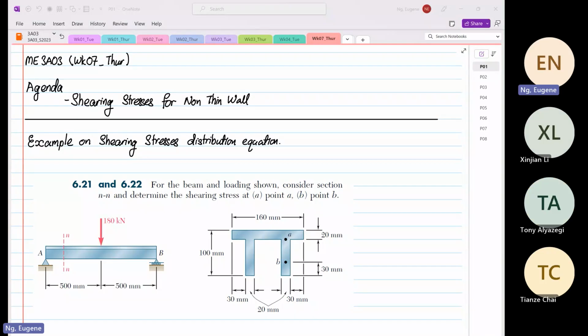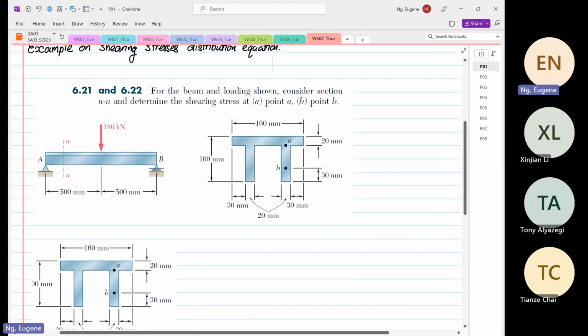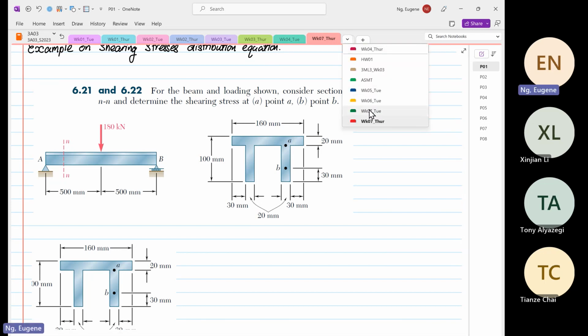Week 7, Thursday. Today, I would like to continue on shearing stress for non-thin wall structure. Okay, so where we have done this problem on Tuesday, we have looked at the stresses at point A and point B. So if you look at last Tuesday, where we finished off,